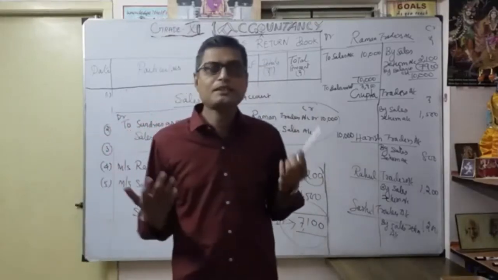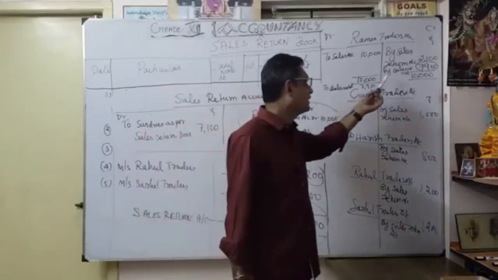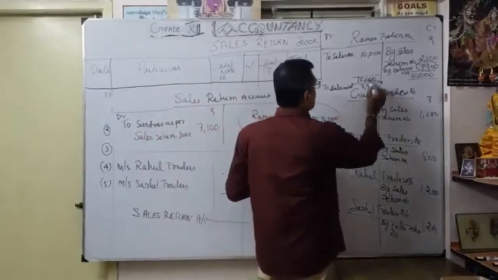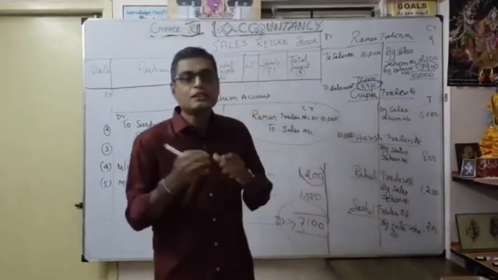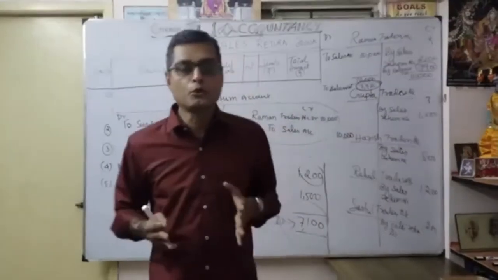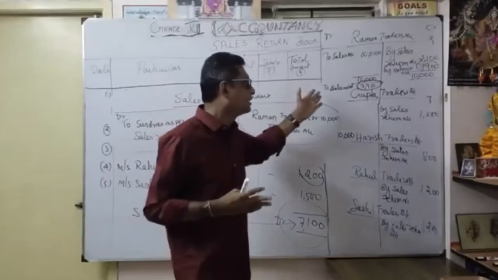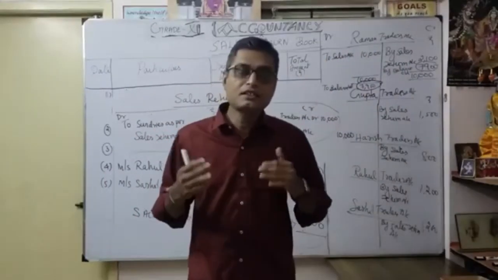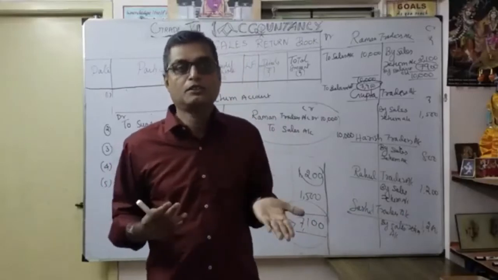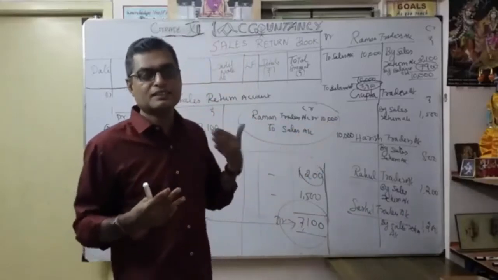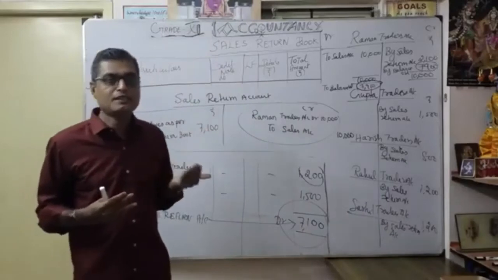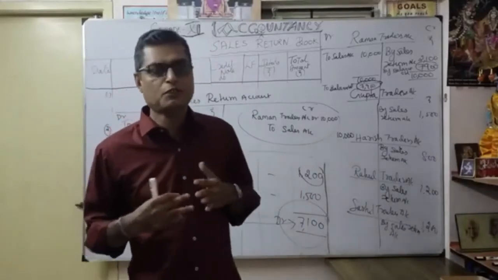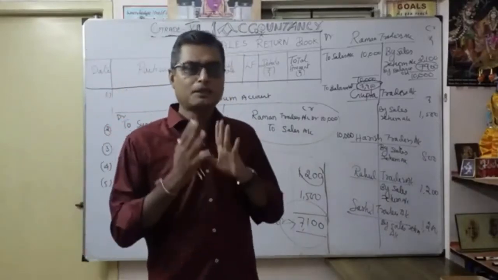Suppose we are not maintaining it, what will happen? We don't know the exact position of our balances. How much money is due from the customer? How will you know? You record it as a sale, and thereafter you record it as a sales return. One more thing, you also want to record discount. Any discount allowed is considered on sales, and discount received is considered on purchases. You understood now? That's what the special purpose books are.